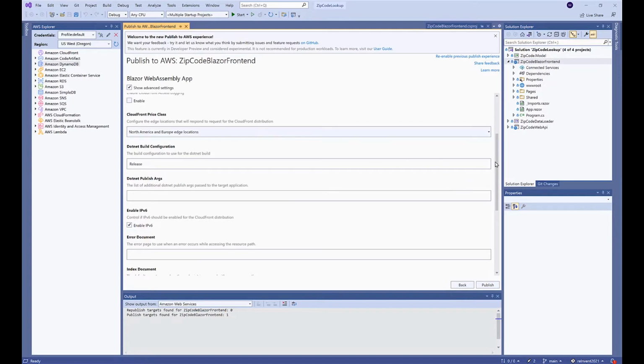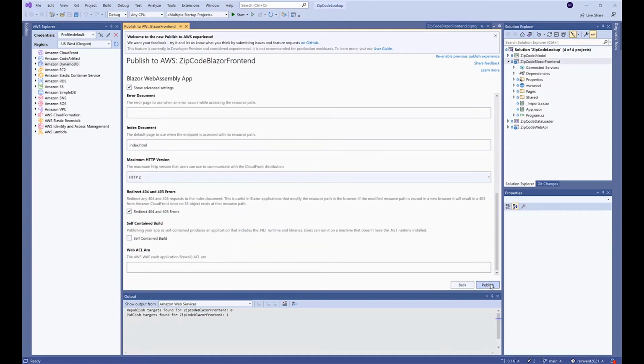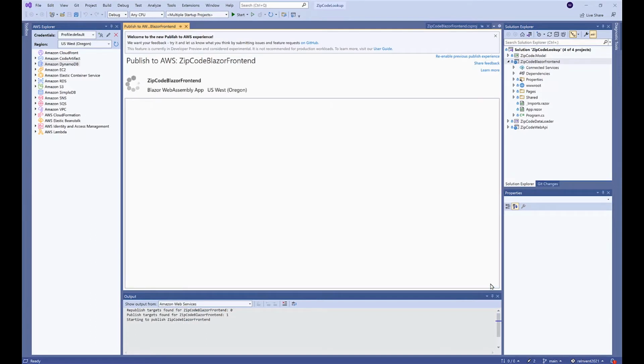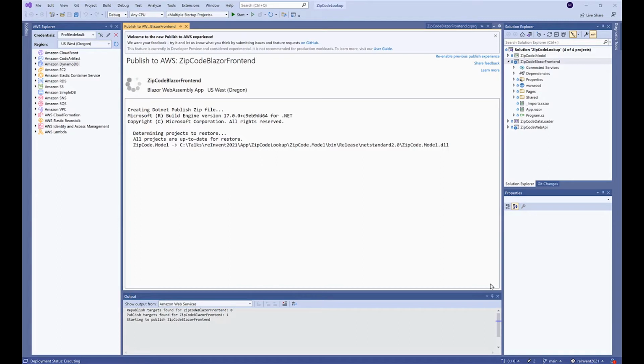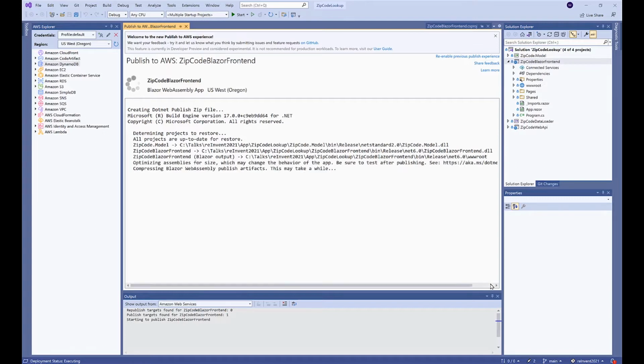But when I'm happy, I can go ahead and push publish. And that's going to take care of everything. It's going to build our application using, again, the .NET CLI, but all this is taken care of for us by our tooling. And once that's done, it's going to start working on getting it deployed. Let's wait a second while that goes.